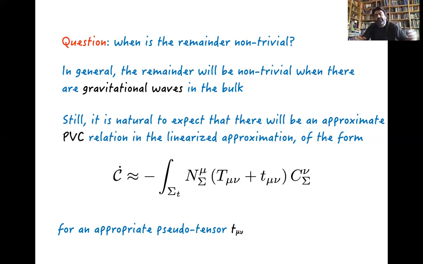We know, for example, that we can form a black hole by colliding gravitational waves. So there is no T mu nu from the beginning, there is no matter energy momentum tensor, and yet after you form the black hole, complexity should grow linearly. So the buildup of complexity has to be accounted for by something that doesn't involve matter, right? So when you have gravity waves, you should have some generalization, and then basically the remainder